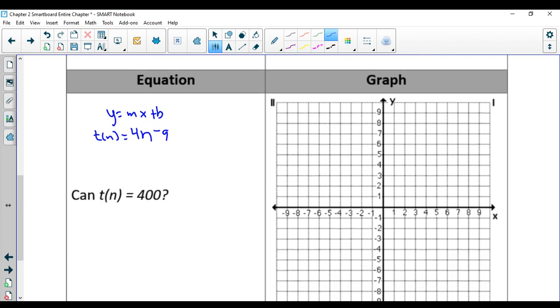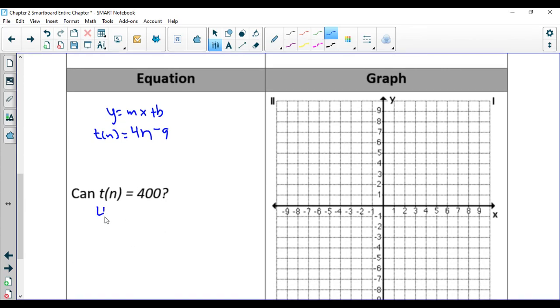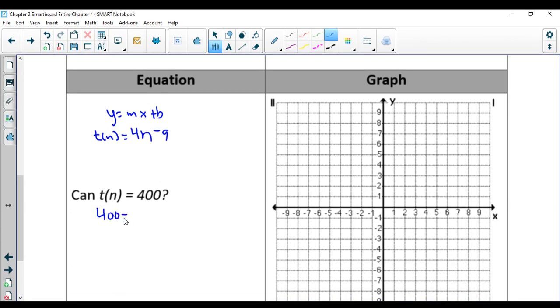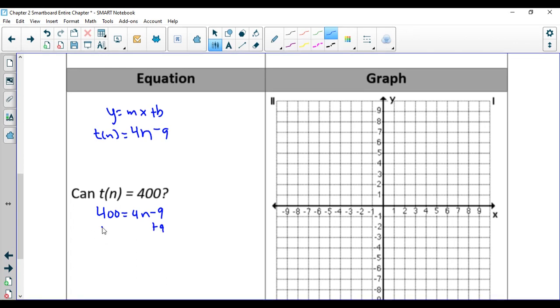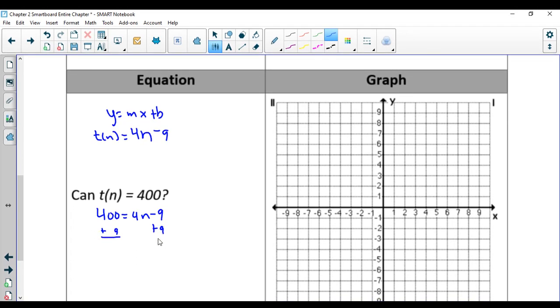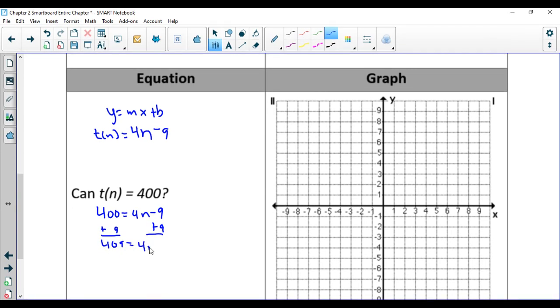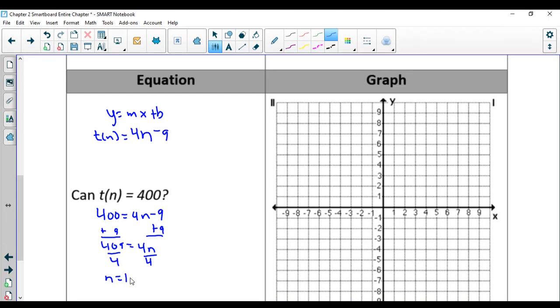All right, then the question asks, can t of n equal 400? So what we're doing is replacing the t of n, the left side, with a 400, and we're trying to solve for n. So here, I would add 9 and get 409 equals 4n. And when we divide by 4, 409 divided by 4 is